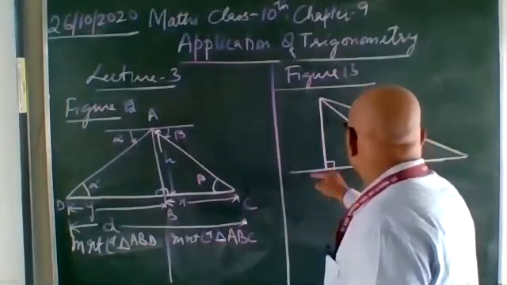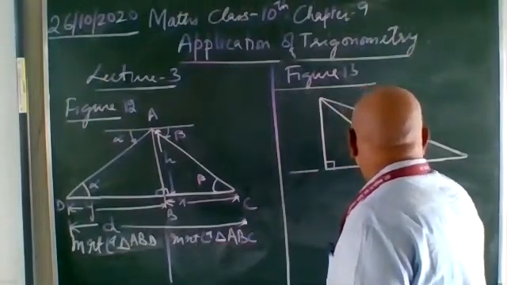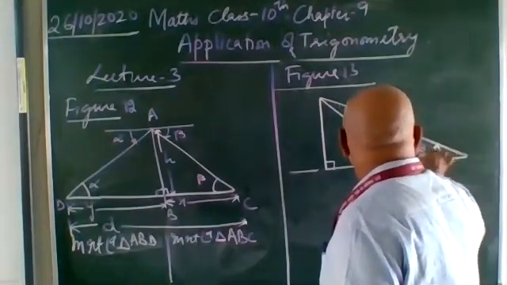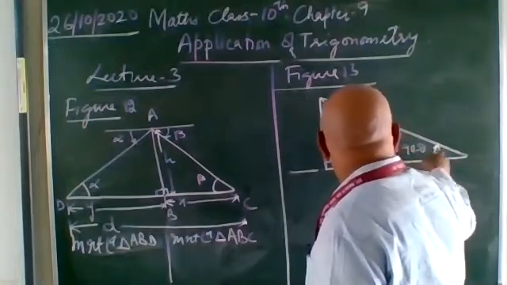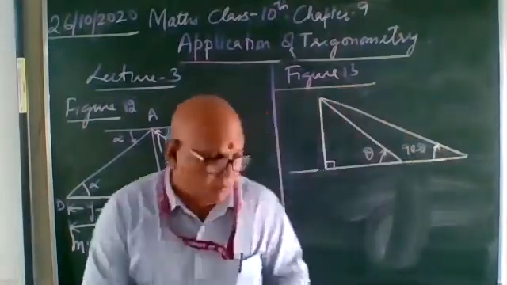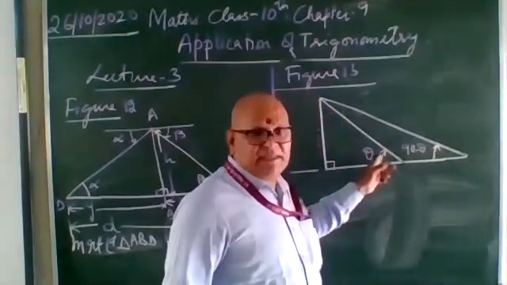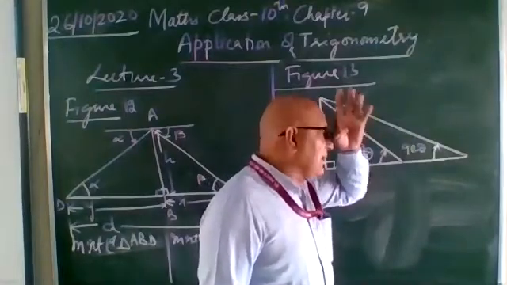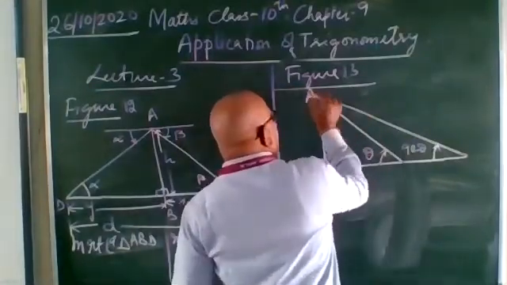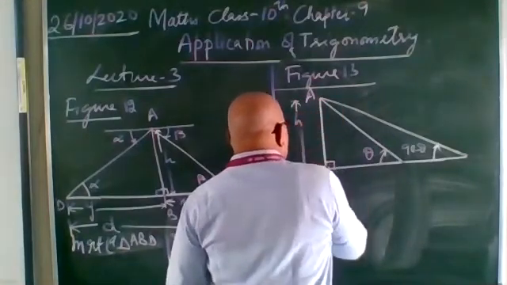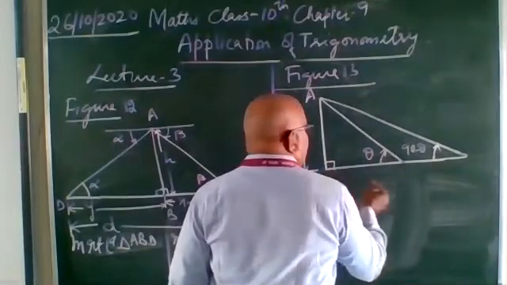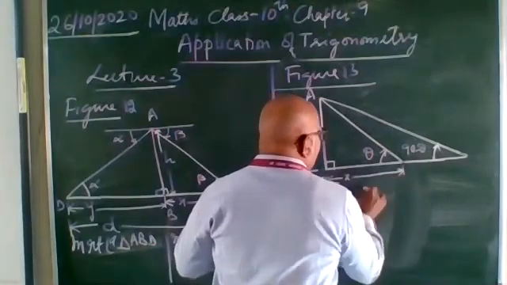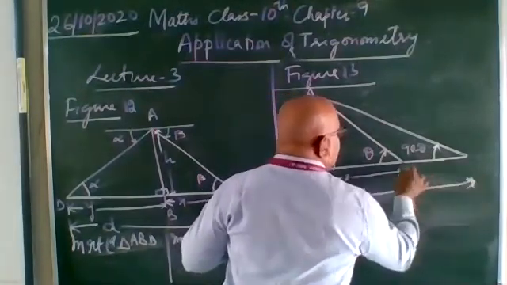So what you will say? This is theta. So then this will be 90 minus theta. Both angles of elevation are complementary. It is not necessary that you write theta here. You can write this as theta, this is 90 minus theta, because complementary angles are what? That is, the sum of two angles is 90 degrees. So you will write A, this is H, this is B, this is X. Now this is Y and this is B.